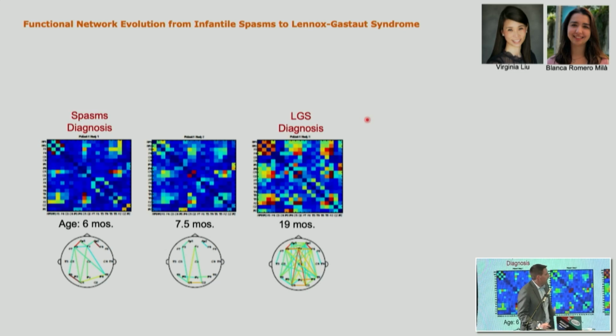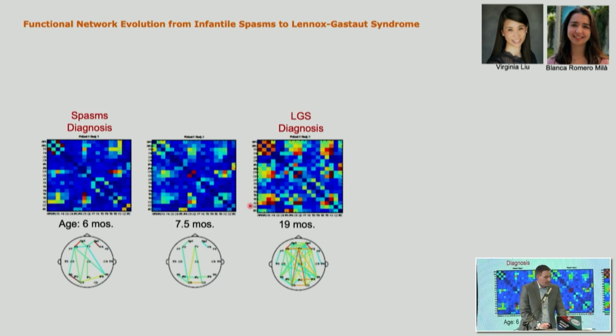So this particular kid was treated and had improvement in their spasms. And you can see, based on the structure of this network, these colorful, brighter spots here are going to be the stronger nodes within that network, the stronger connections. Those connections are still present a month and a half later when they were